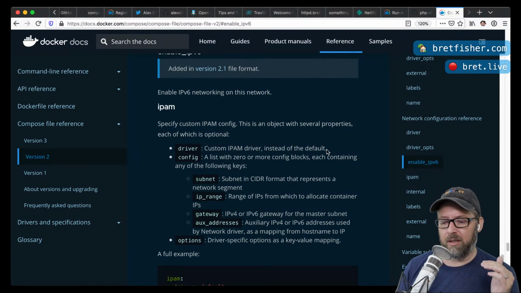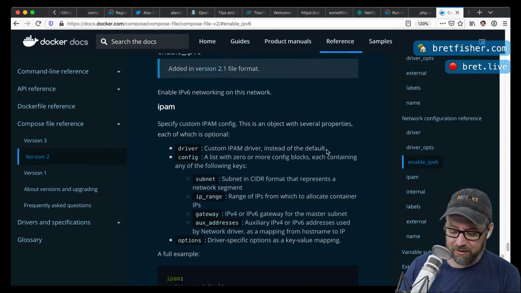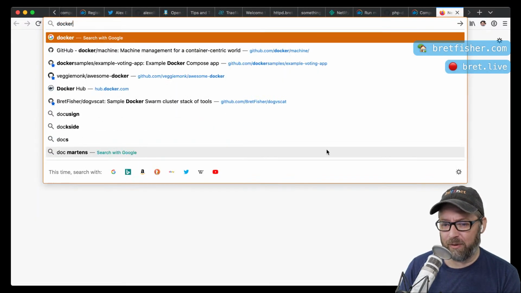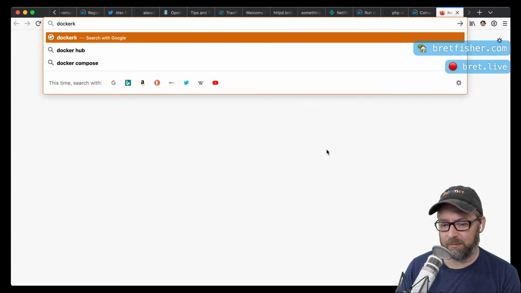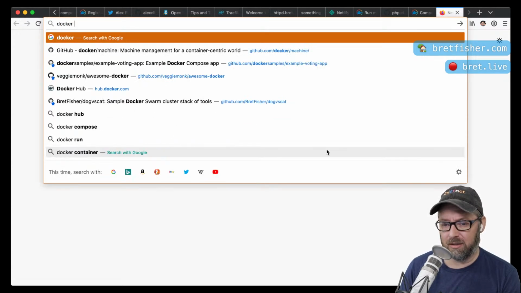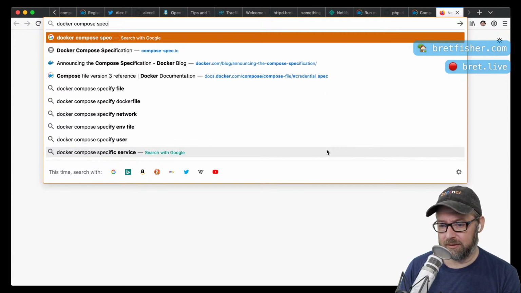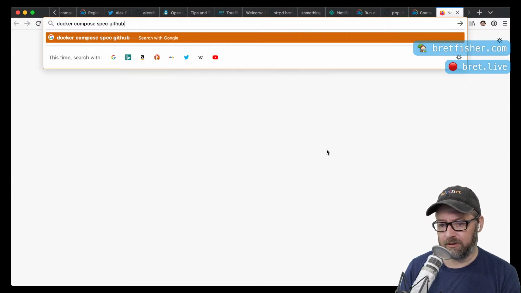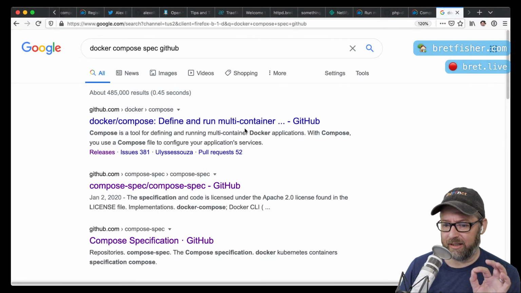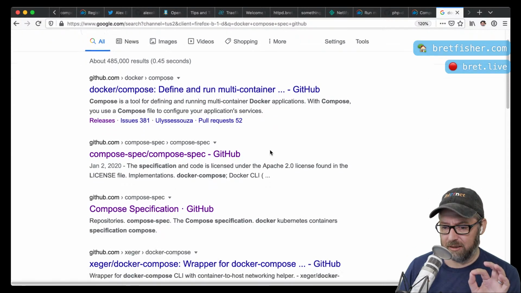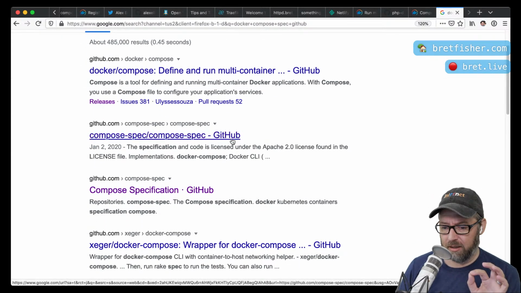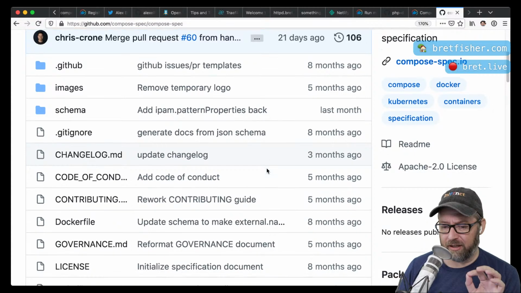And so I think Docker is working on this. Now that I wonder, this might actually be answered. Docker compose spec GitHub. So now that Docker has created a spec, there was a goal, and I don't know if they actually finished it.